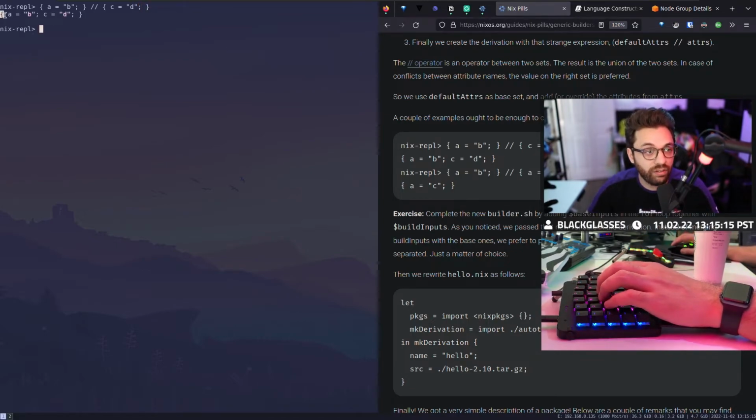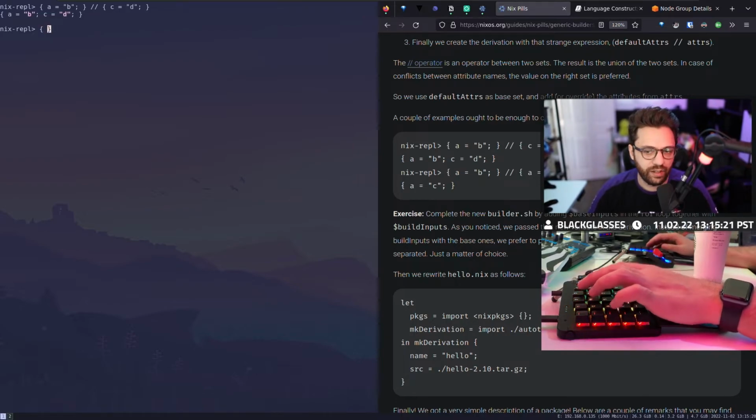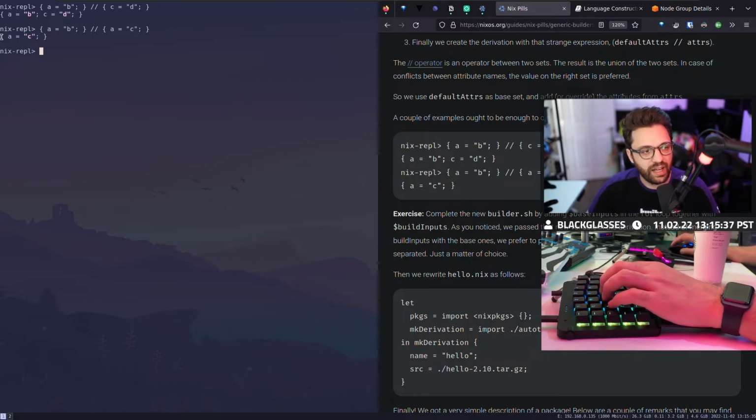Now we have one set of A, B, C, D. However, if I create a new set, I say A equals B, like that, and then I merge left again, and I say, actually, I want A to be C this time. And then I hit enter. Look at that. A is now C because it was merged left. And anything that existed before is assumed by this to be overwritten here. And so that's why we have that.